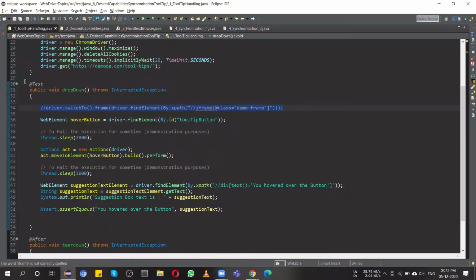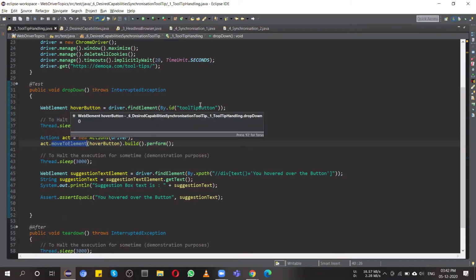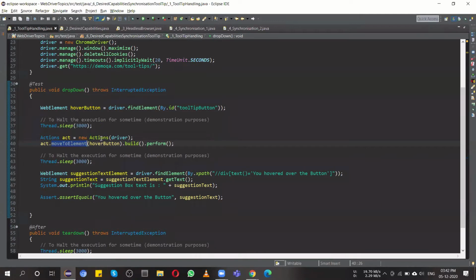I just copy pasted the @Test annotation and this method first, so it is not even relevant to this particular code, so you can just remove it. So this is the first web element, and then by the Actions class, moveToElement.build.perform, and inside the moveToElement method you have to give as a parameter the web element after which your tooltip gets revealed.